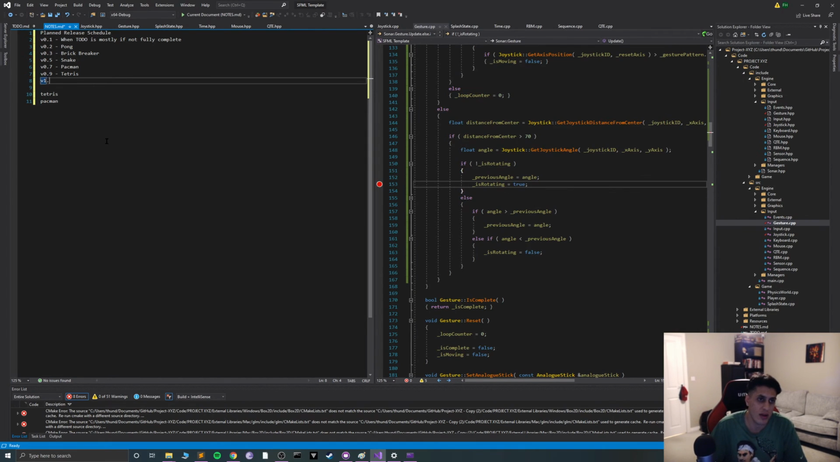And version 1.0 will be the game we create. Tetris will be version 0.9. Version 1.0 alpha will be our own brand new game. Version 1.0 beta will be